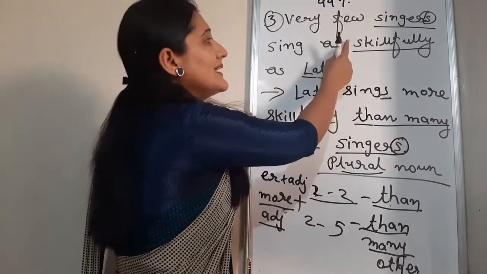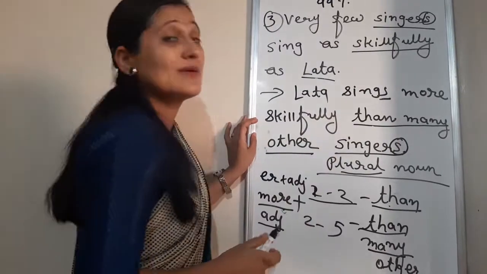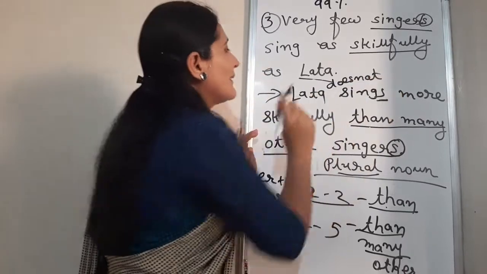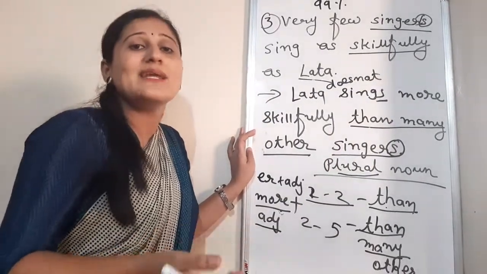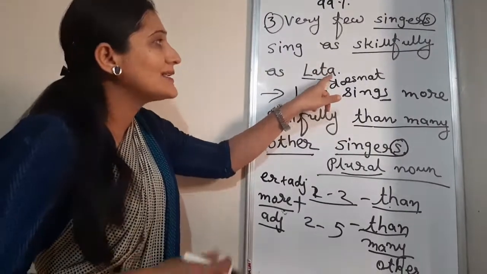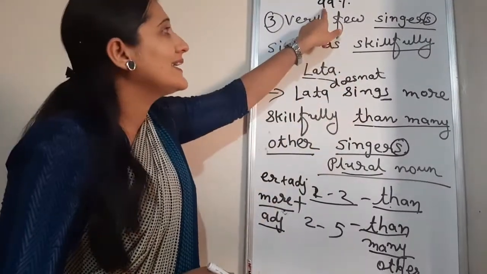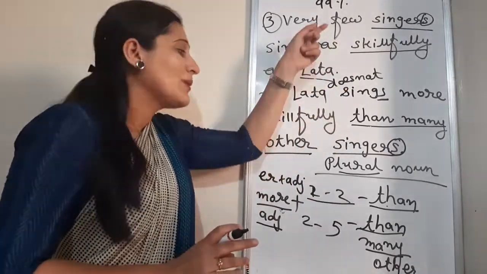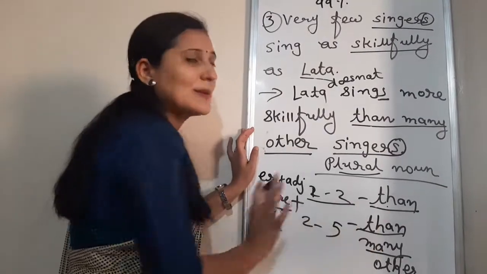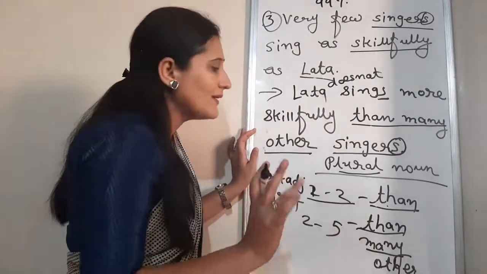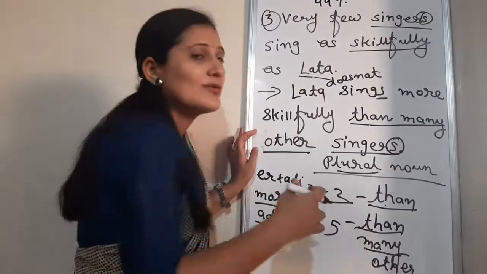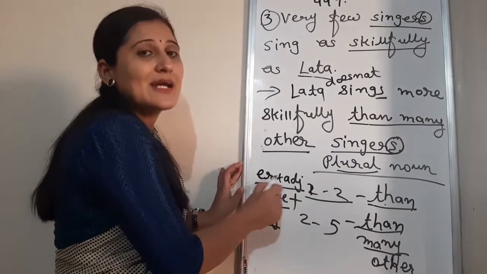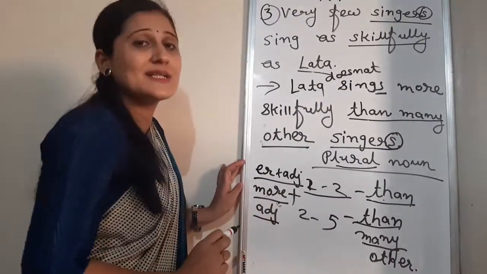You can see this is also positive, this is also positive, because if I write "does not" here, it means Lata Mangeshkar is not singing well, and the meaning will be changed. So if the comparison is between more than two things, 99% we will not check that rule, positive, negative, negative, positive. And these two you need to keep in mind: "than" for two people or two things, "than many other" for more than two things, and this is main, er plus adjective, more plus adjective.